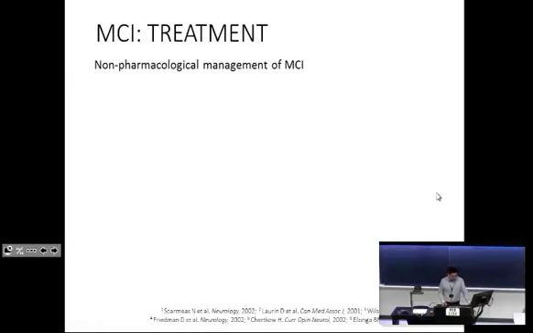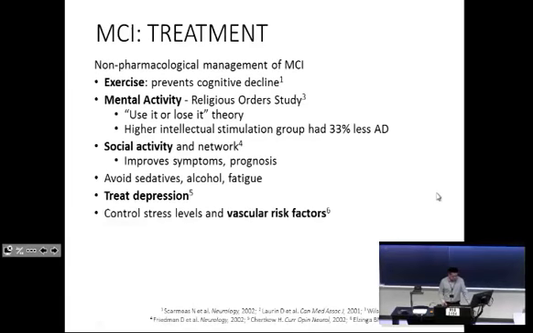MCI treatment. Bottom line is that the non-pharmacological management options is really where we're at. Okay? The triad that I always discuss in the clinic is engagement socially and mentally, engagement in terms of physical activity, and diet. Those are probably the biggest things that a patient can take ownership of and take control of. Now, that's very important to discuss with your patients in the clinic because they're basically contending with an illness that is removing their agency. So by talking about these things, you're kind of giving them back a little bit of agency, and they do respond to it, especially when they're in the MCI range.